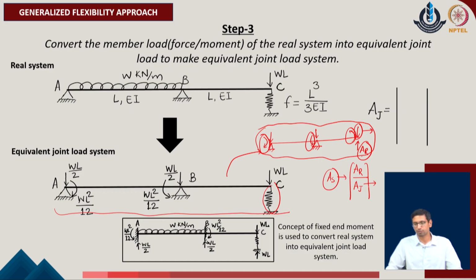Now, the joint load system, if we typically describe, is the contribution in the direction of the three unknown displacements of the given system, which are the rotations 1, 2 and 3 of the given problem. So, I can evaluate these three components as the first one being WL square upon 12. The positive sign convention gives me the value in the anti-clockwise direction, so I will write it as minus of WL square upon 12.